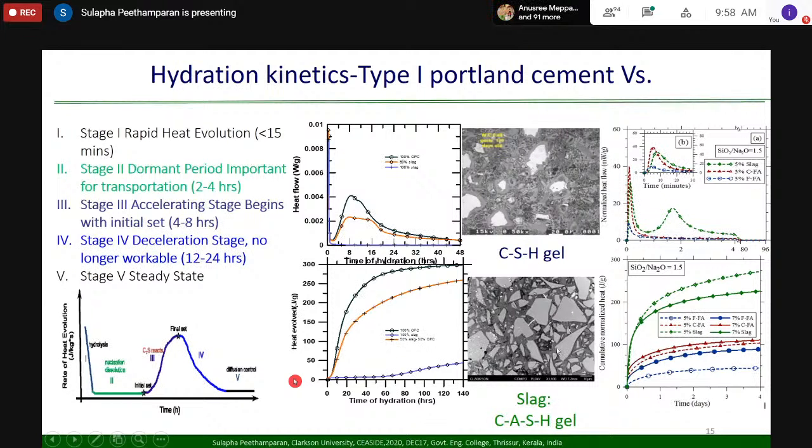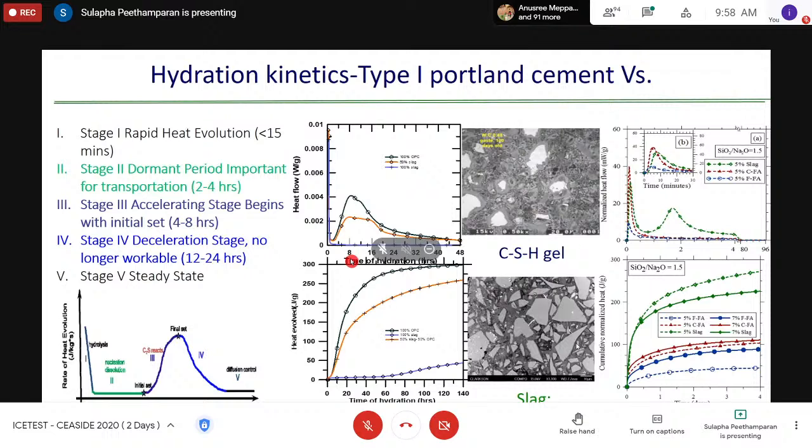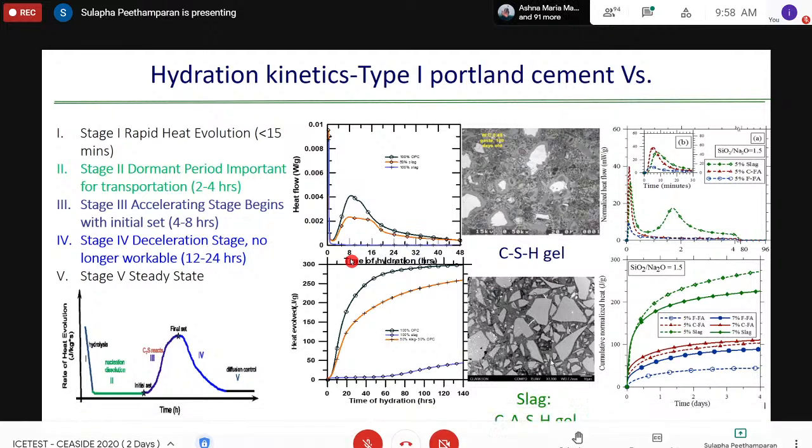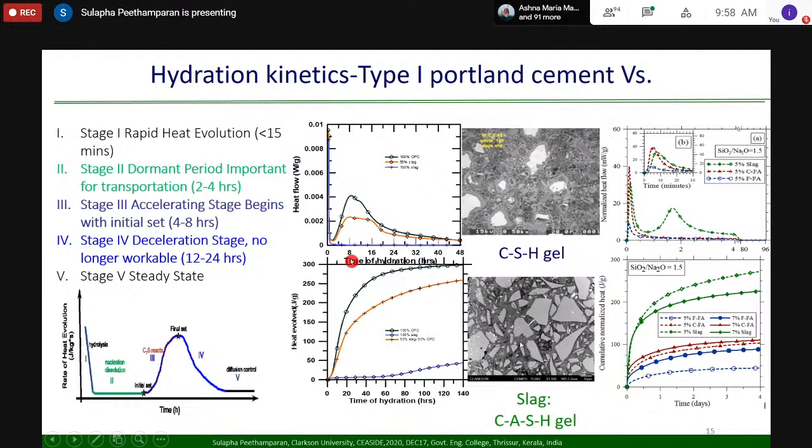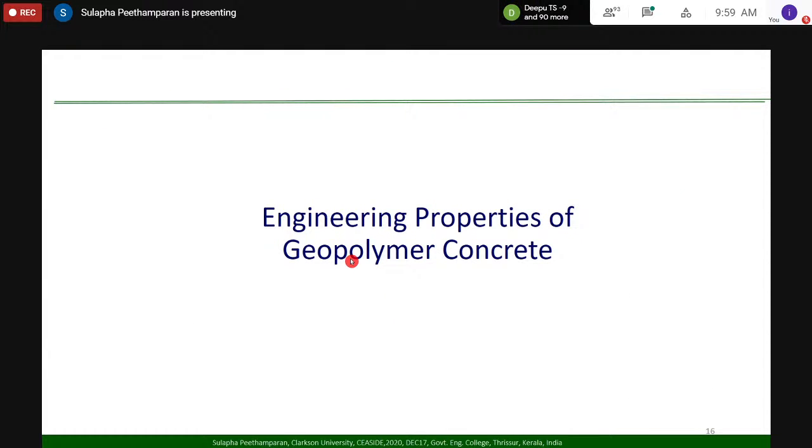The final product, looking at the microstructural level, at the micro 10 to the power 6 scale, you will see this kind of reaction product. The composition is different from CSH, but you will have a binder very similar to your CSH. This is the chemistry you have to understand to produce it, and this kind of curve will give you all the information you need to understand this material. So I will stop the chemistry part there, and then let's see the engineering properties of this kind of geopolymer